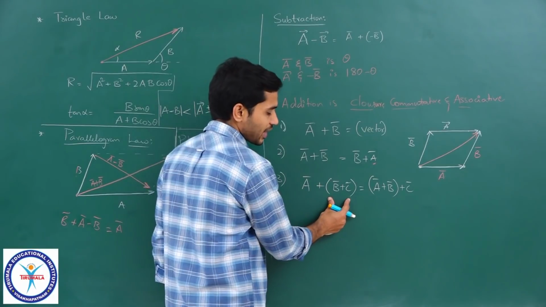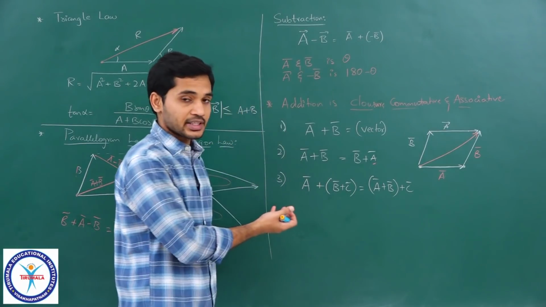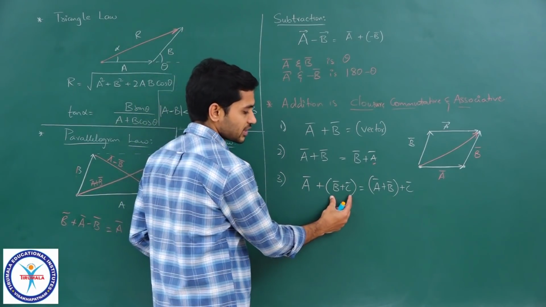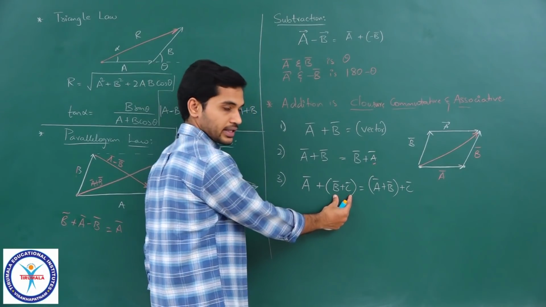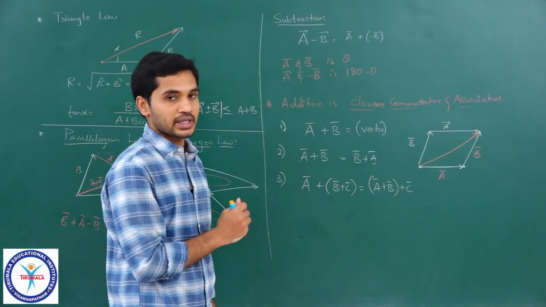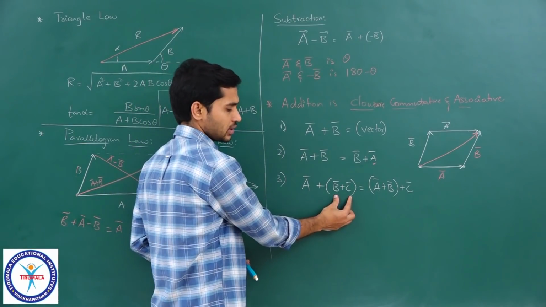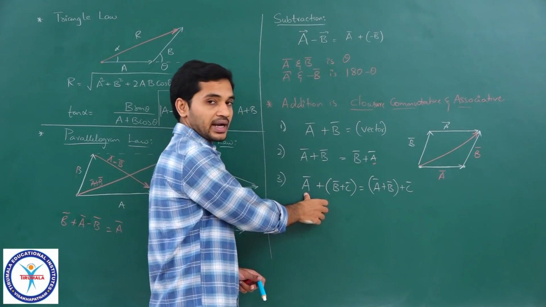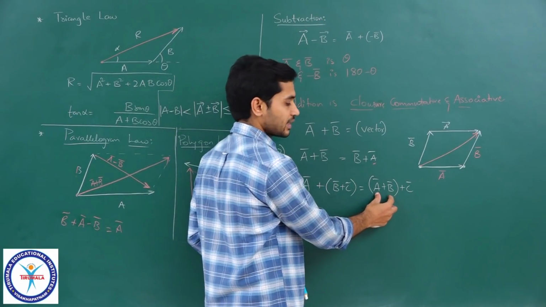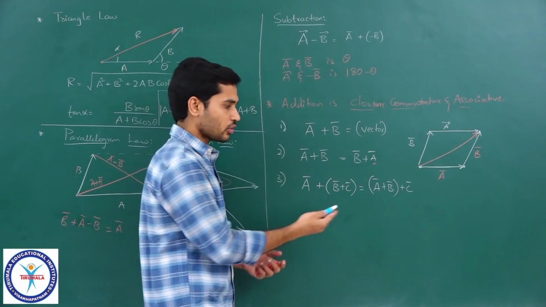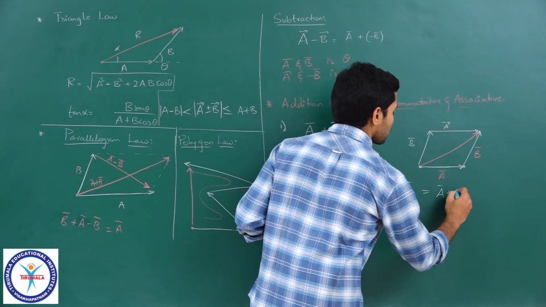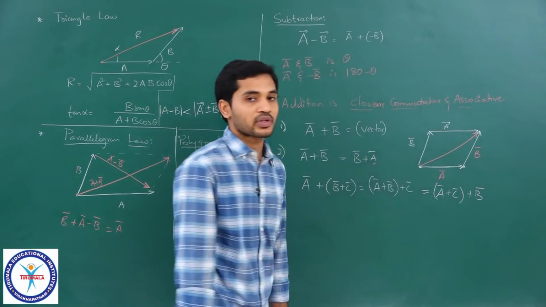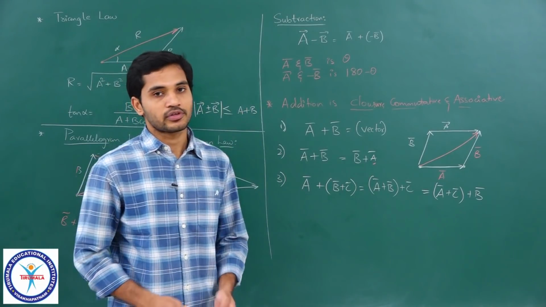Whenever we have three vectors, the net displacement or the resultant of three vectors can be understood by first taking the resultant of two vectors and then adding that with the next vector in any order. You can take 2 and 3 and add that with 1, or 1 and 2 and then add that with the third one, or you can add A bar plus C bar first and then add that resultant with B bar. Clear? That is what we mean by associative law.